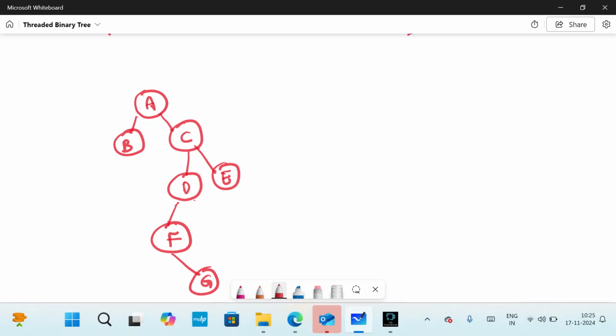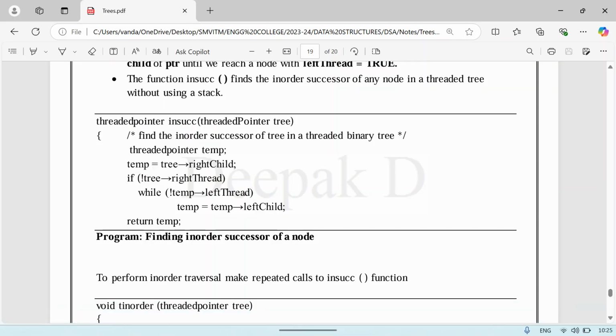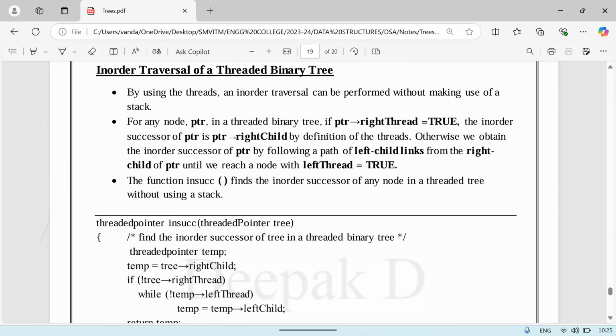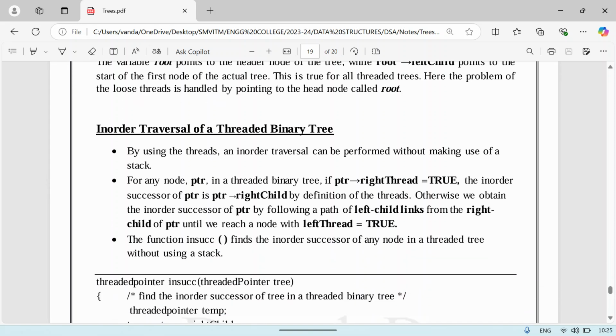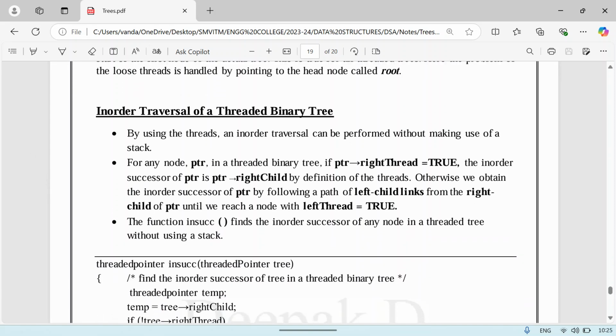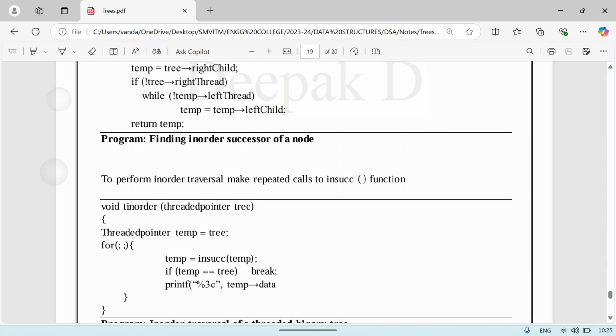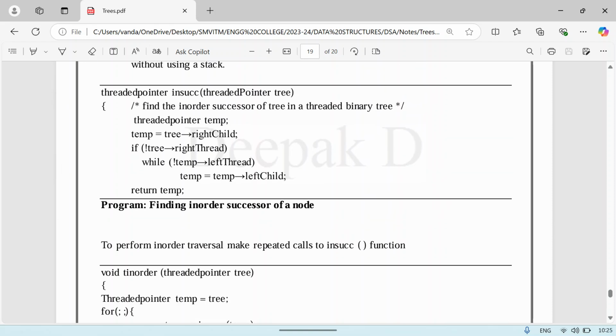Okay. Now we will look at the traversal. So it says the in-order traversal of the threaded binary tree. Now you have a threaded binary tree. Now you will have to do the traversal of this, in-order traversal. Okay. Now you see this. The function is